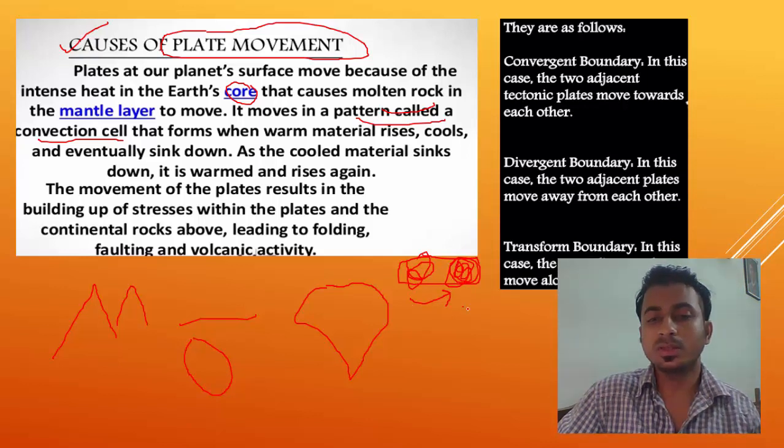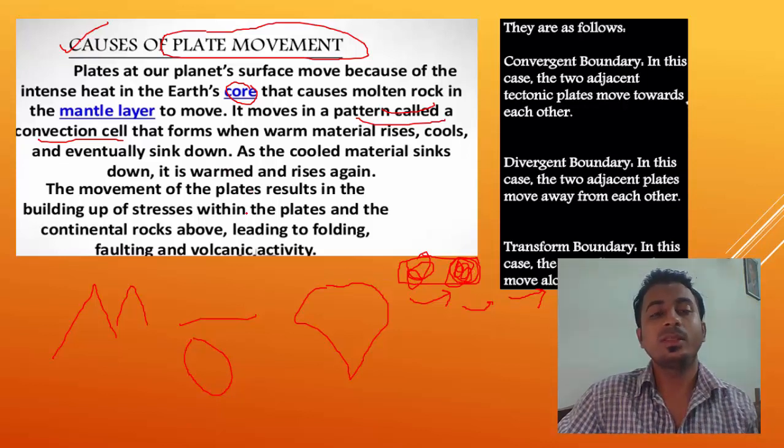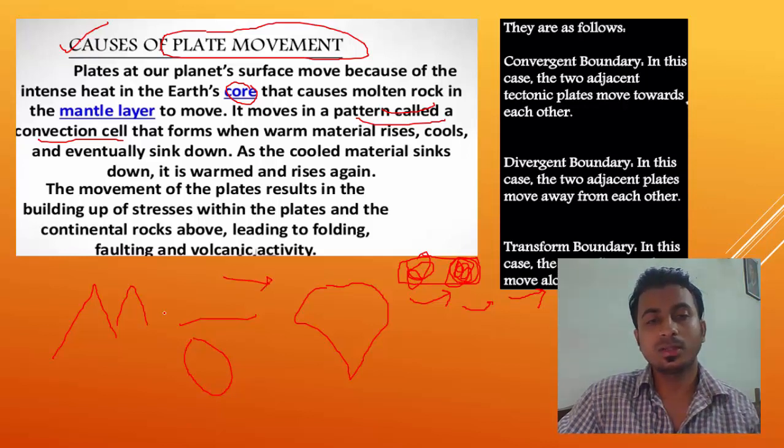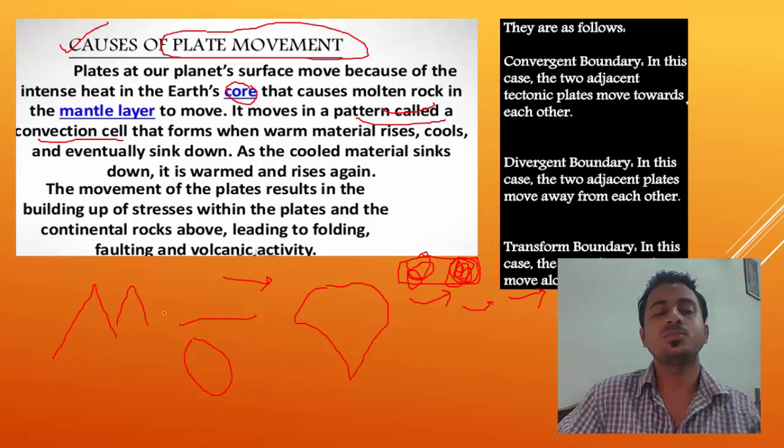So in this way, convection cells will form, and these convection cells are formed all over the inside of the earth. Okay, so these cells form, and when they move, the plates move. That's why earthquakes occur. Also, that's why the landmass on earth is moving daily, but its speed is so small that we do not feel it.